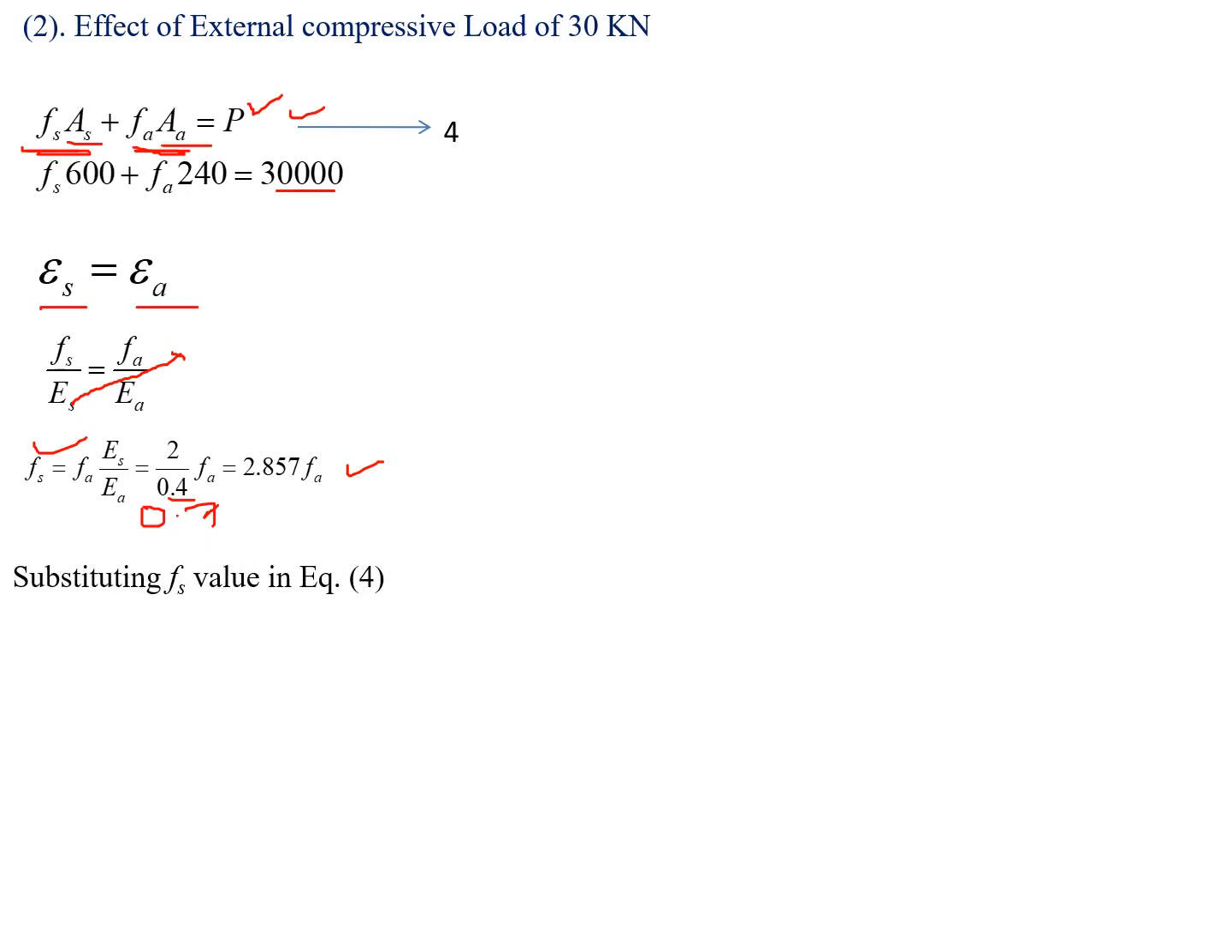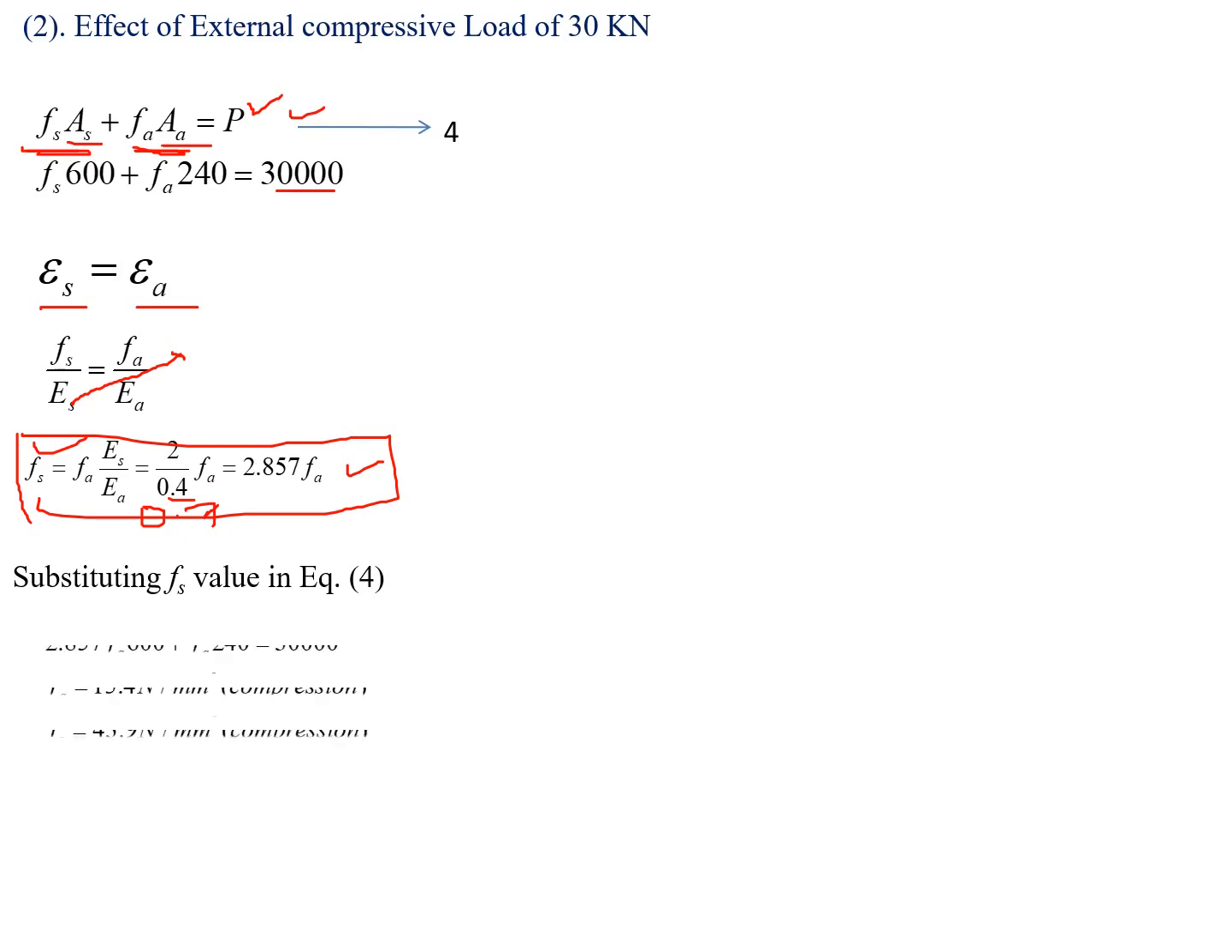This Fs value, Fs equal to 2.857 Fa, you have to substitute in the fourth equation, that is Fs times 600 plus Fa times 240 equal to 30,000. Substituting the Fs value, 2.857 Fa into 600 plus Fa into 240 is equal to 30 into 10 cube. Then take Fa common and solve. We will get the value of Fa as